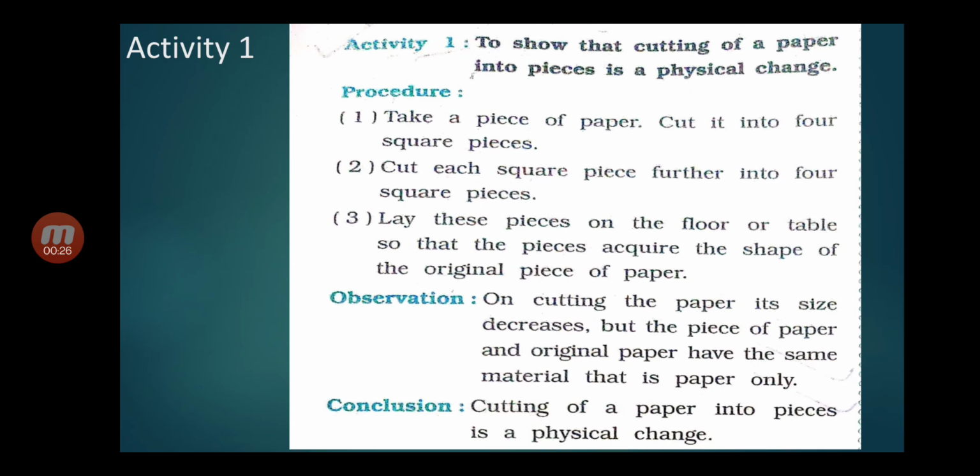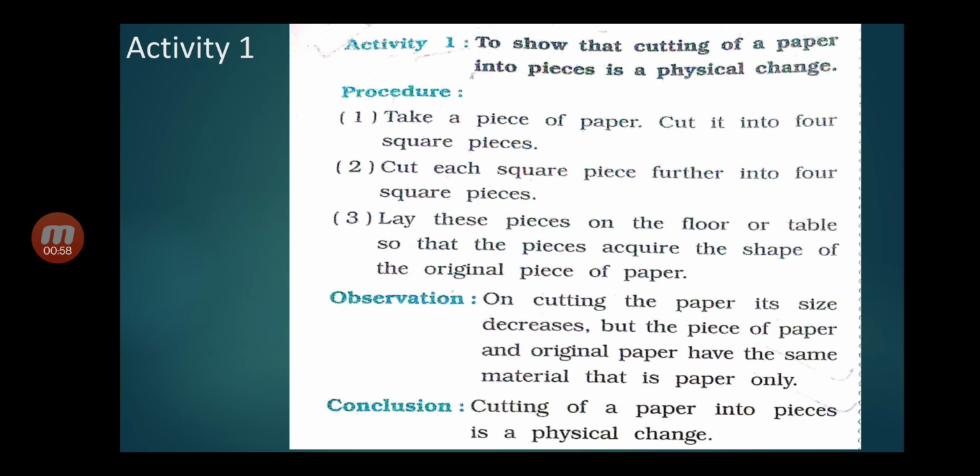Activity 1. To show that cutting of a paper into pieces is a physical change. Procedure or method. Take a piece of paper, cut it into 4 square pieces. Cut each square piece further into 4 square pieces. Lay these pieces on the floor or table so that the pieces acquire the shape of the original piece of